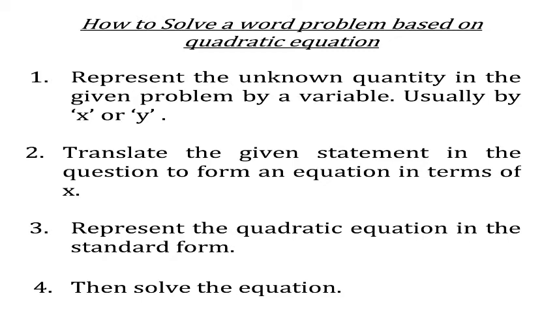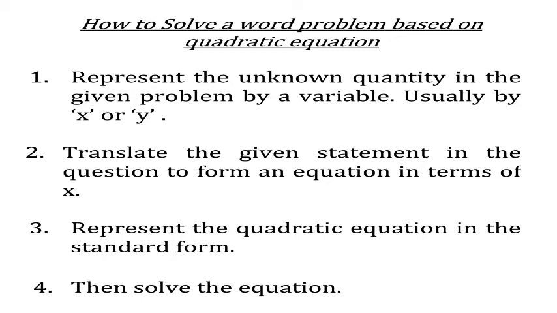After the equation is written according to the given condition in the question, we need to represent the quadratic equation in the standard form. In chapter 5, we have already learnt how to write the given equation in the standard form, that is ax square plus bx plus c is equal to 0, and we are very much familiar with how to find the factors of a quadratic equation. After the quadratic equation is formed in the standard form, solve the given equation.